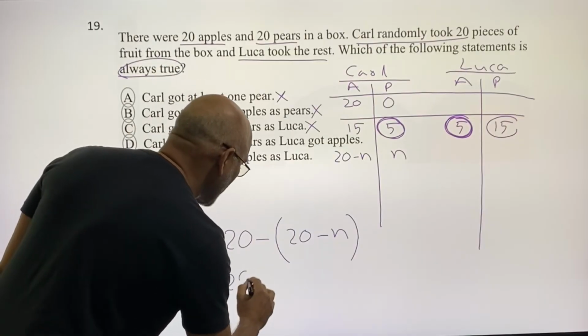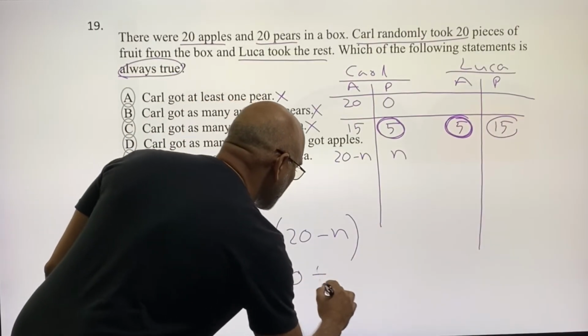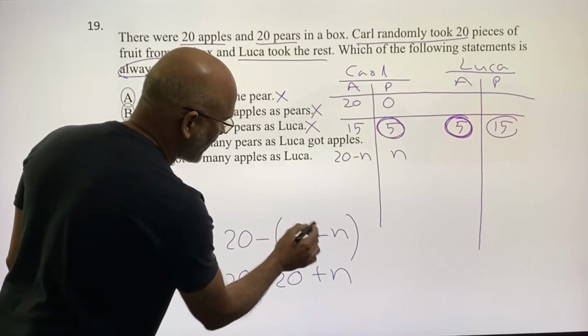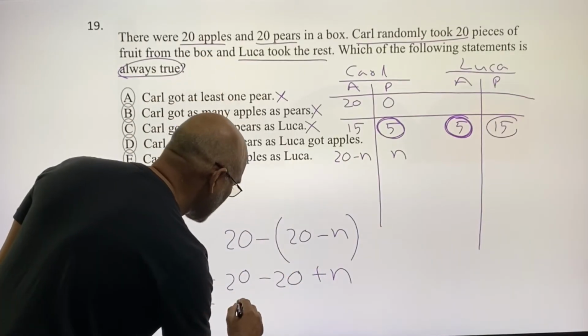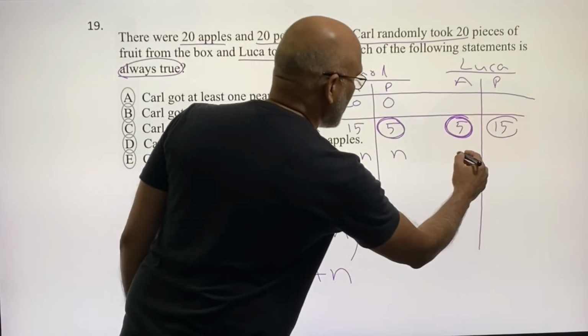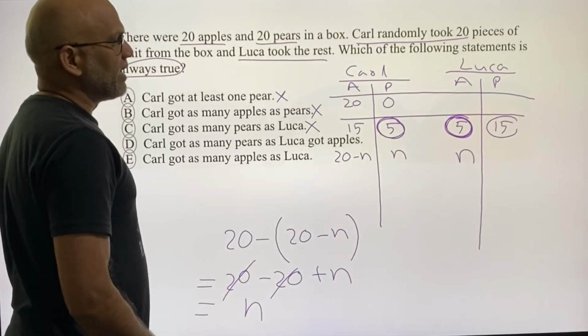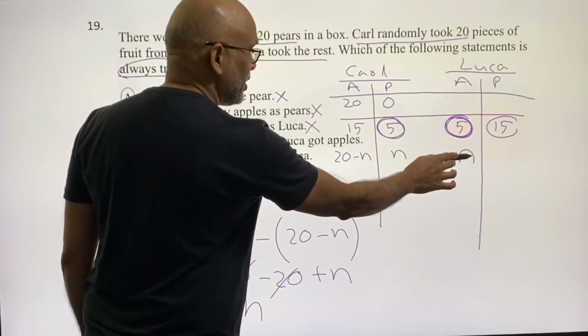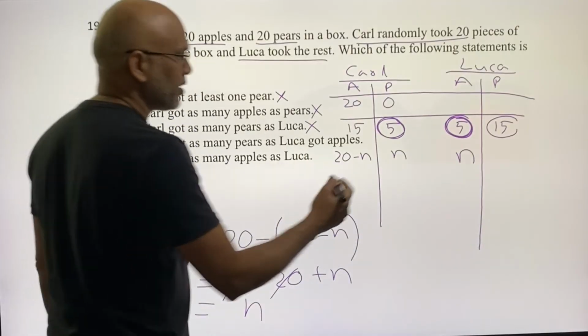So this is 20 minus 20 plus n. This negative and negative will become positive. So this is n, right? Then Luca would have got an apple. And Luca got an apple, then he would have got